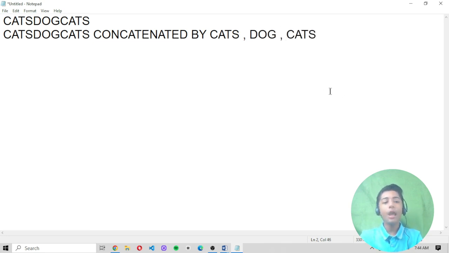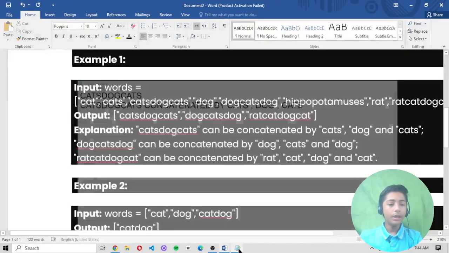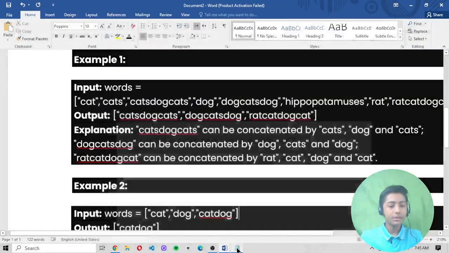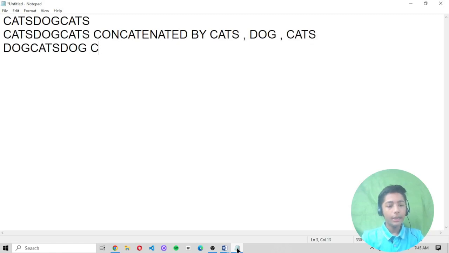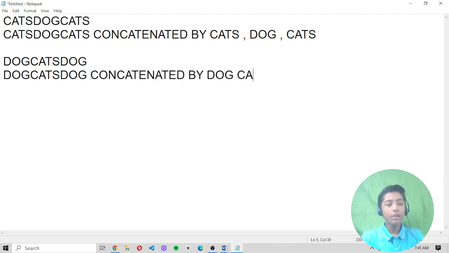So that's why the output has been coming cats, dog, cats. Okay. Now let's come to the next one: dog, cats, dog. Why has this output been coming? Because dog, cats, dog is concatenated by dog, cats, dog.